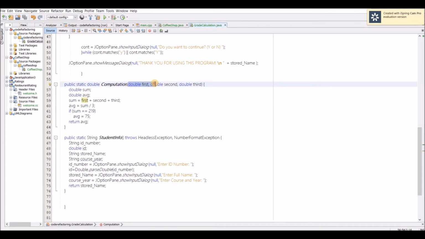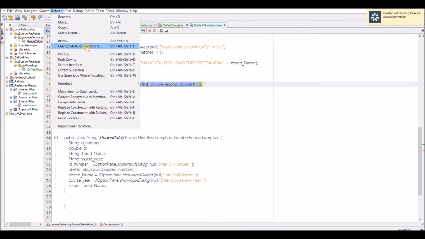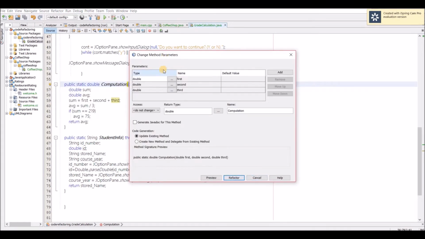So in here, we're going to highlight this one. First, second, and third doesn't really define what it does. So we have to rename it for programmers to actually understand well your program. So under refactoring 2, we can change the method parameters. So in here, you can change the type of the parameter, the name of the parameter, and also you can change the method name. So we're going to change this one to